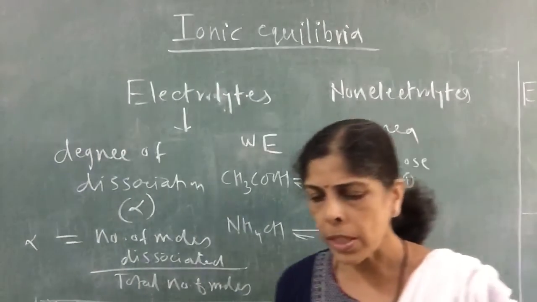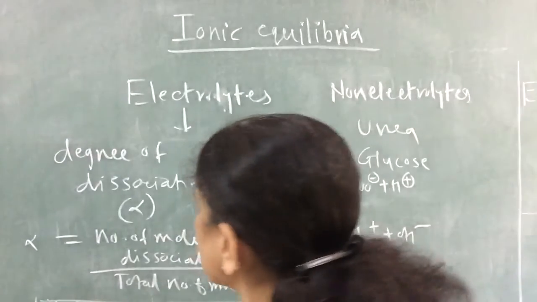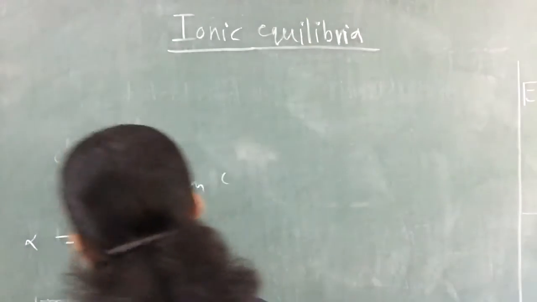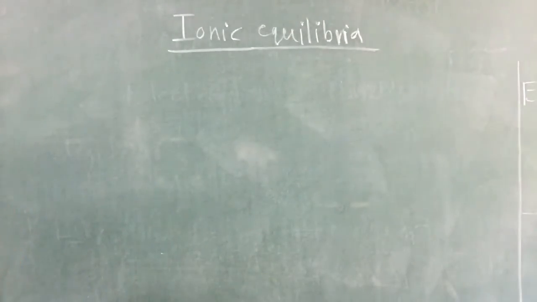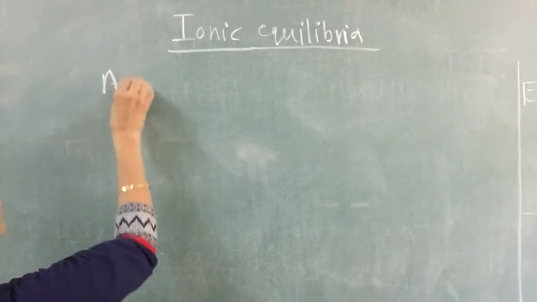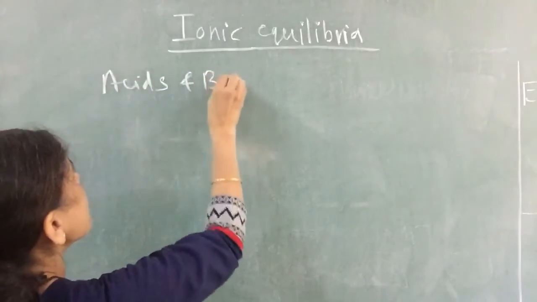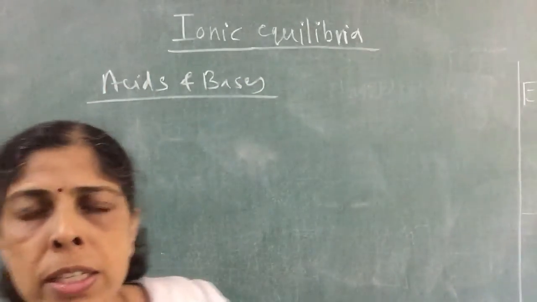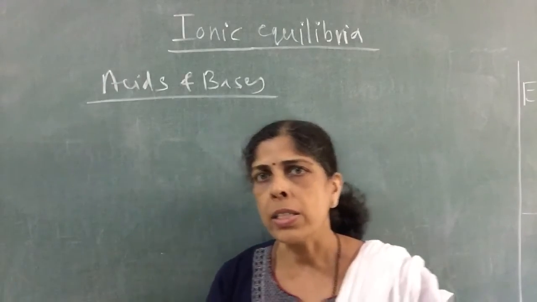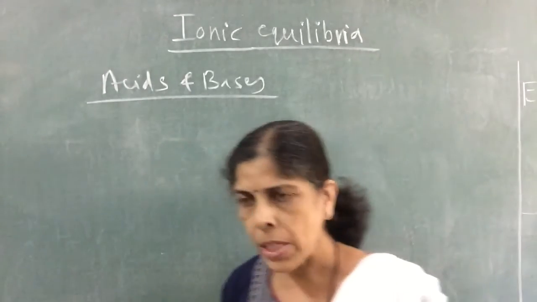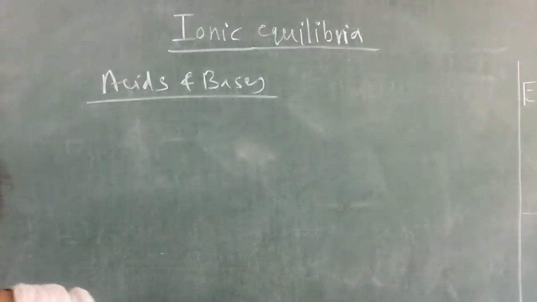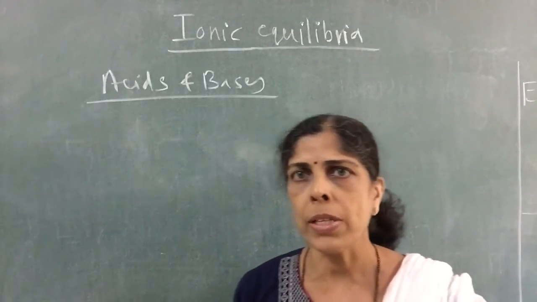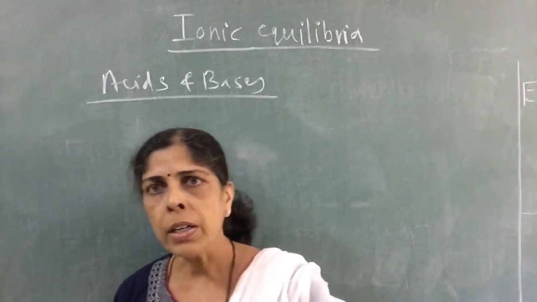Okay, now we are going to proceed with the chapter with acids and bases, after electrolytes and non-electrolytes. So why are we taking acids and bases? Because acids and bases are electrolytes, and our chapter is related to ions. Okay, so acids and bases are going to form ions in water, and therefore first of all we will see different theories, different definitions of acids and bases given by different scientists.